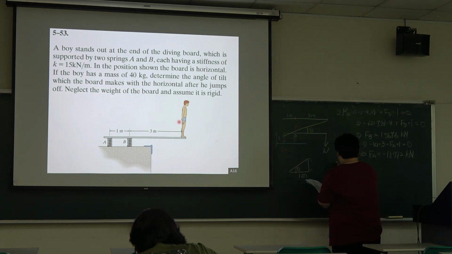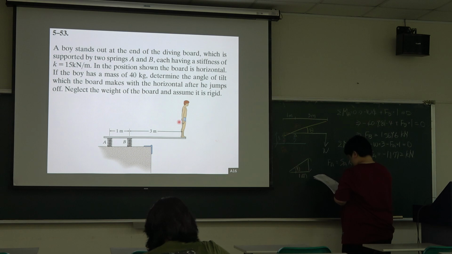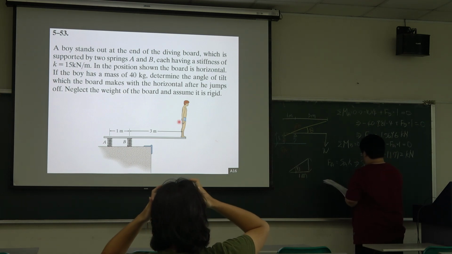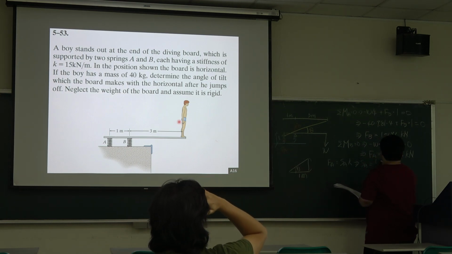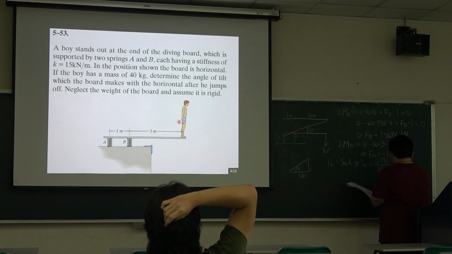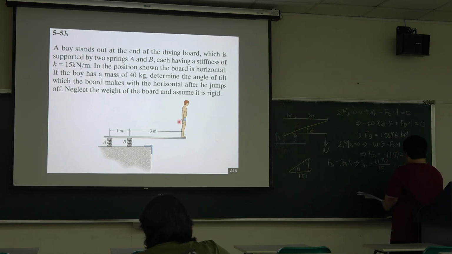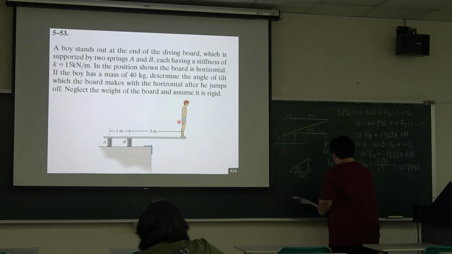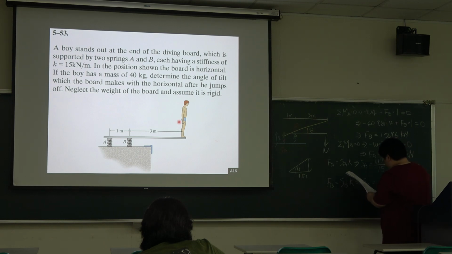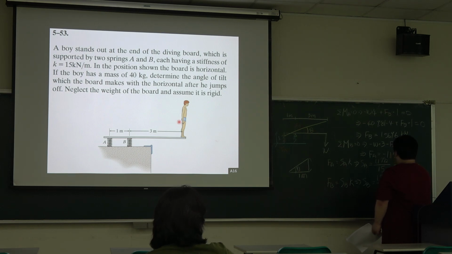Okay, so FA is SA times K. So SA is equal to, and we also can use FB equal to SB times K, and SB is 1.6 by 15 equal to